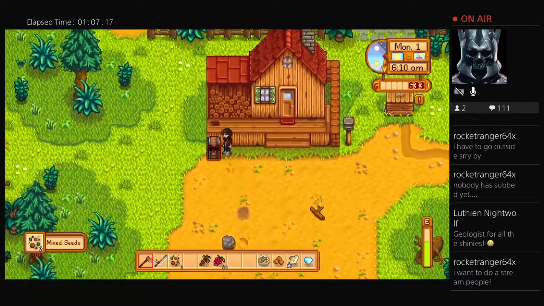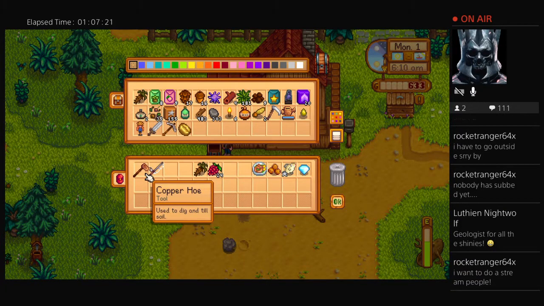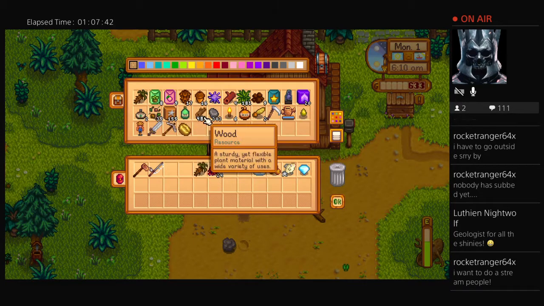Ooh, nice. Mixed seeds. Yeah, you can also get those from digging too. I think Luthien covered that earlier. But just to reiterate, yes. The copper hoe will give you what you need. Now, here's the greatest part. I'm going to get an axe back that's steel. Guess what that means? I can go to the secret woods and I can chop up all this wood for hardwood. And you know what that means? Inevitably, I can get a horse. Or the stable, but... Okay, so...